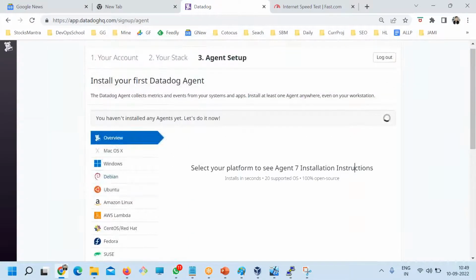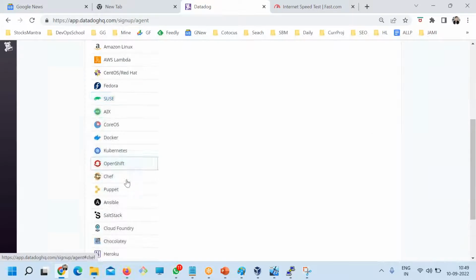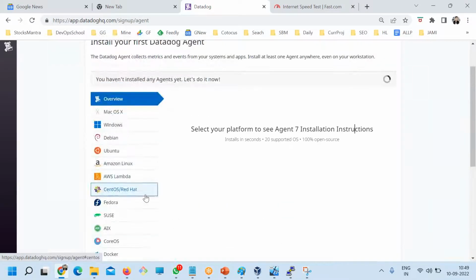So 500 integrations are there on the platform. But what about integrations with Tomcat, Apache, MySQL, Amazon, Azure, Google Cloud? So all this information you can also get on Datadog. How? All this information of Amazon you have in one service. Do you know what is the name of it? Is it CloudWatch?